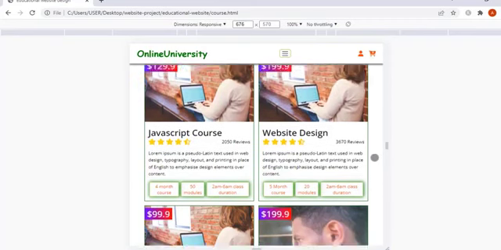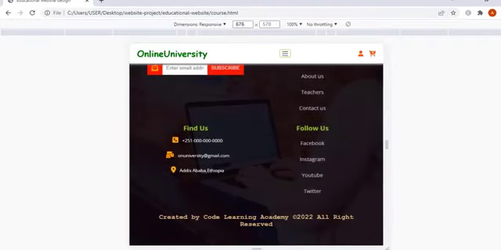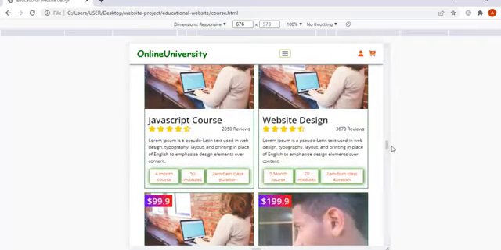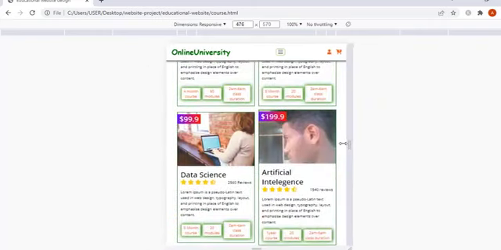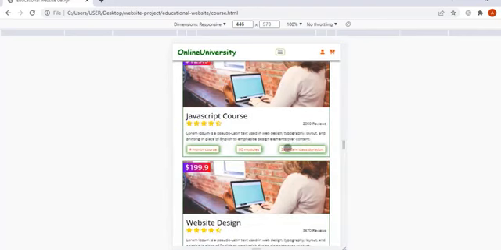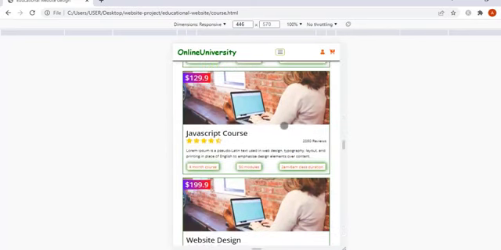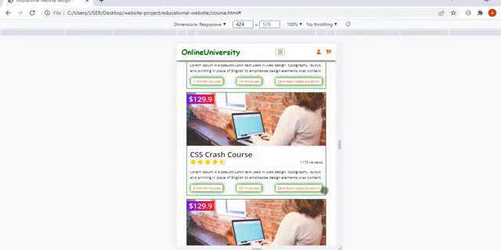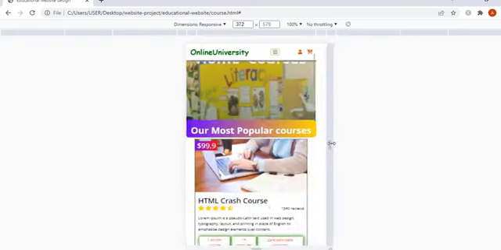You see here we have the course section, and again here it is. Again, when we decrease the size,